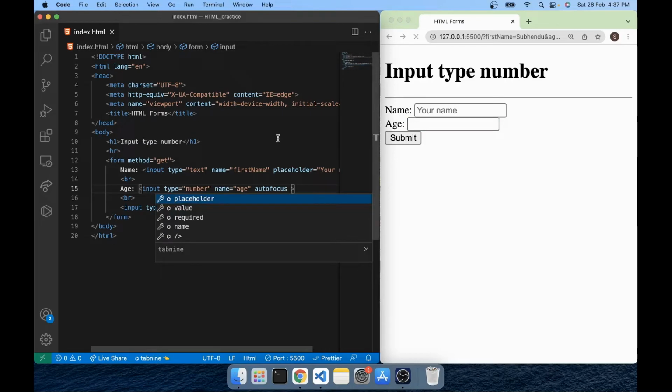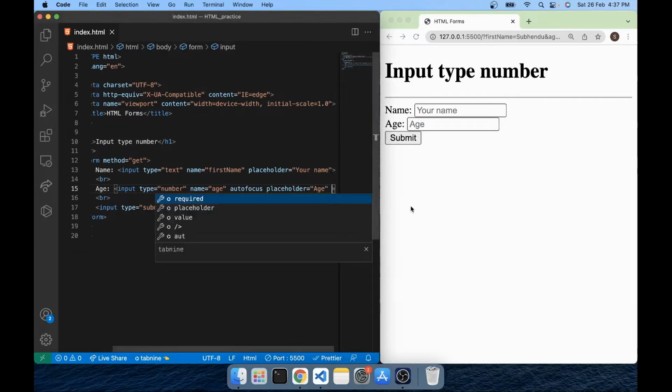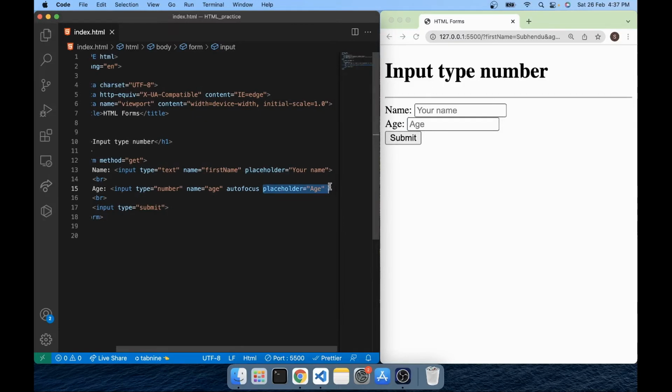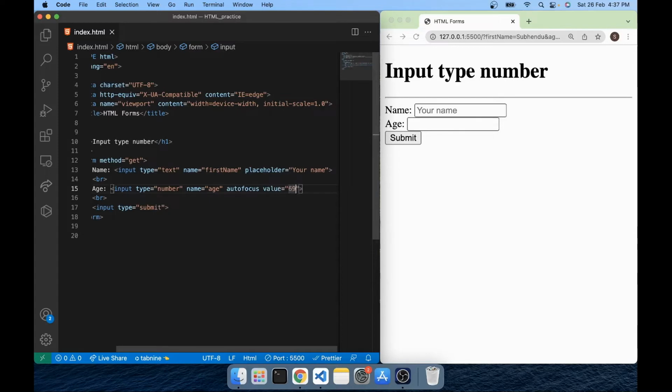Now coming to placeholder, it will be your age. And if you want to put any value instead of the placeholder, which will load by default, like value equal to 69, when you refresh, it will automatically come at first,